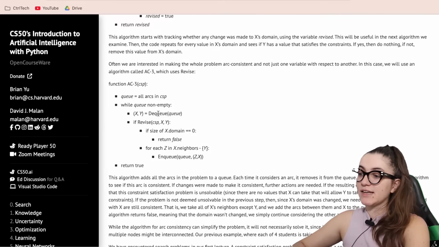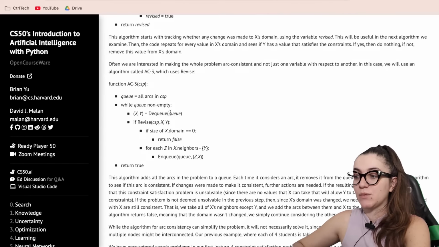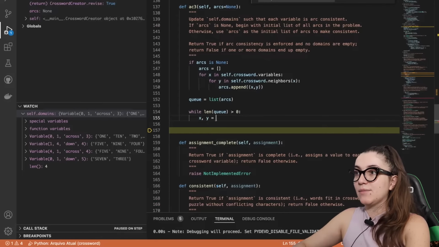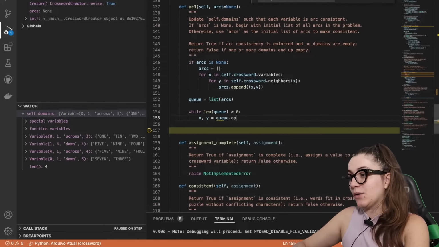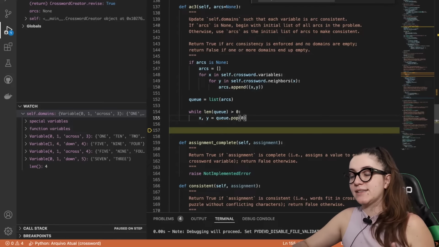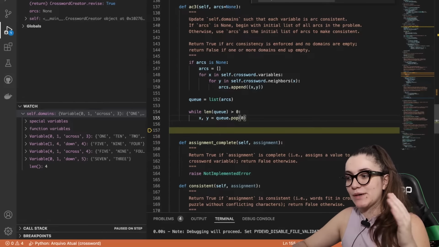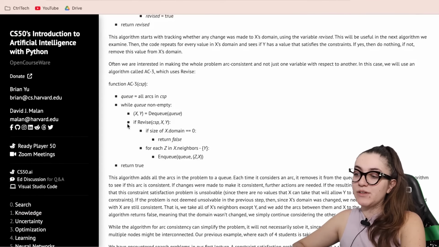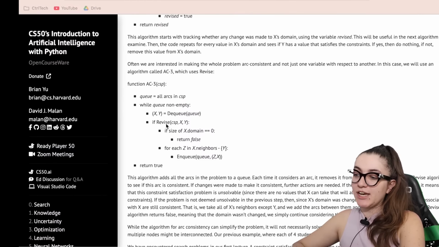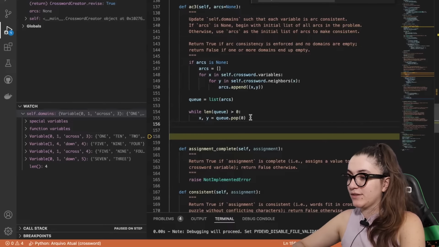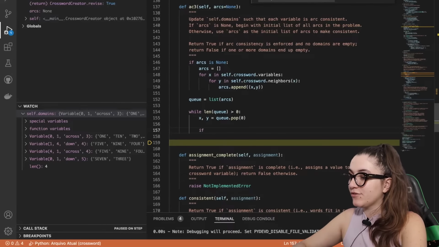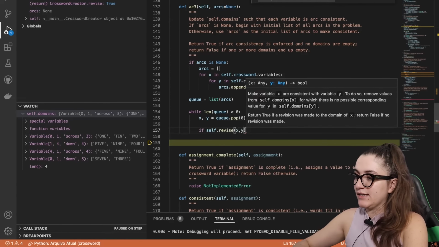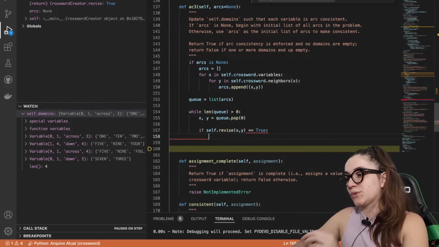When we do that, they're telling us to create those two variables x and y and remove from the q. So I'm going to create a variable x and y and I'm going to say q.pop. I will always remove the first item of our list. Okay, so this way we are always removing the initial item. And now they're telling us to call the revise function and check if it's true. We only care about this function returning true. So if self.revise, and I'm gonna send x and y, is equal to true, so if this function returns true,